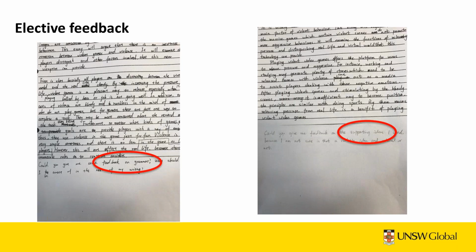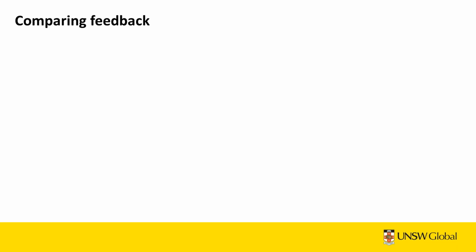So in a way that can reduce perhaps the marking load to some extent. I don't think that elective feedback should be practiced regularly, but I see the value of including it throughout the course. And another task, which is feedback comparison,